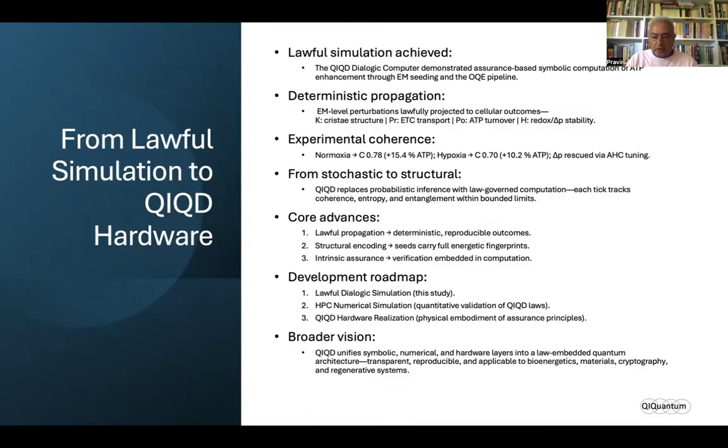QIQD unifies symbolic, numerical, and hardware layers into law-embodied quantum architecture. And the main point is that it's transparent, reproducible, and while this application focuses on bioenergetics, it can also equally be applied to materials, cryptography, and any kind of AI